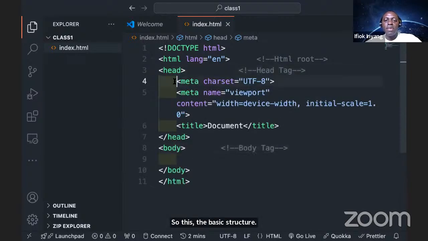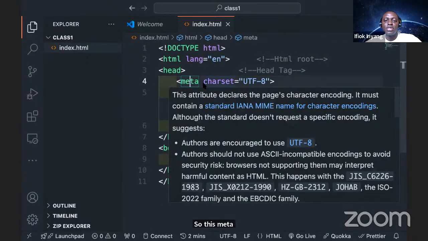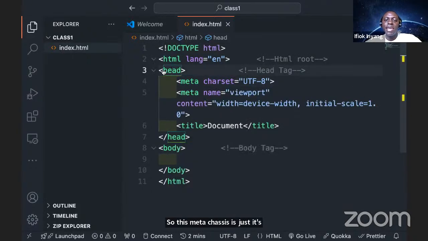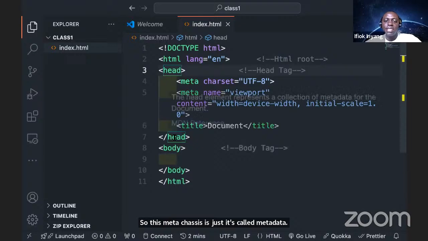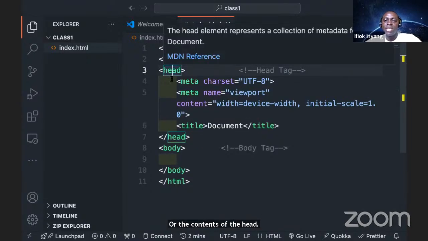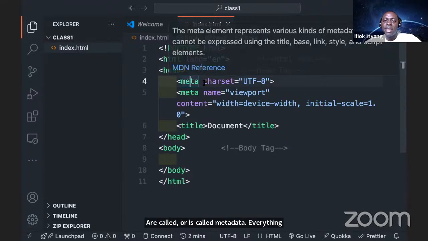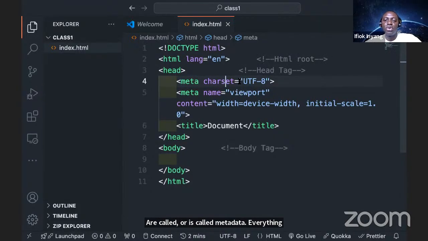All right. So next we have meta charset. This meta charset is called metadata. Anything within the head tag, or the content of the head tag, is called metadata. Everything inside here, meta, you have meta charset. You don't need to bug yourself with this, but this is just me explaining because you can see it anywhere or you equally are typing it. You need to understand what you are writing, right? But you really don't need to bother yourself about